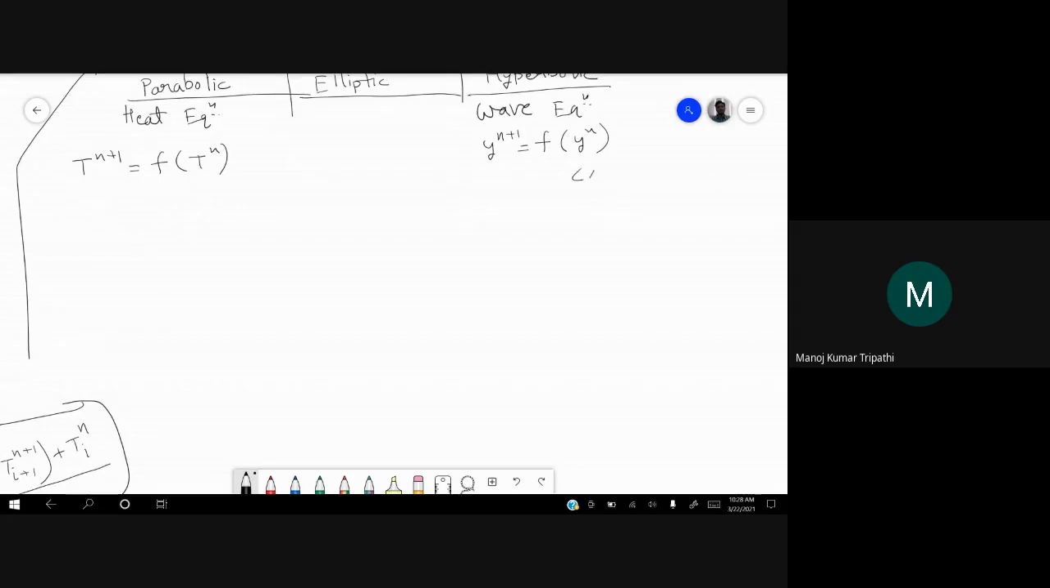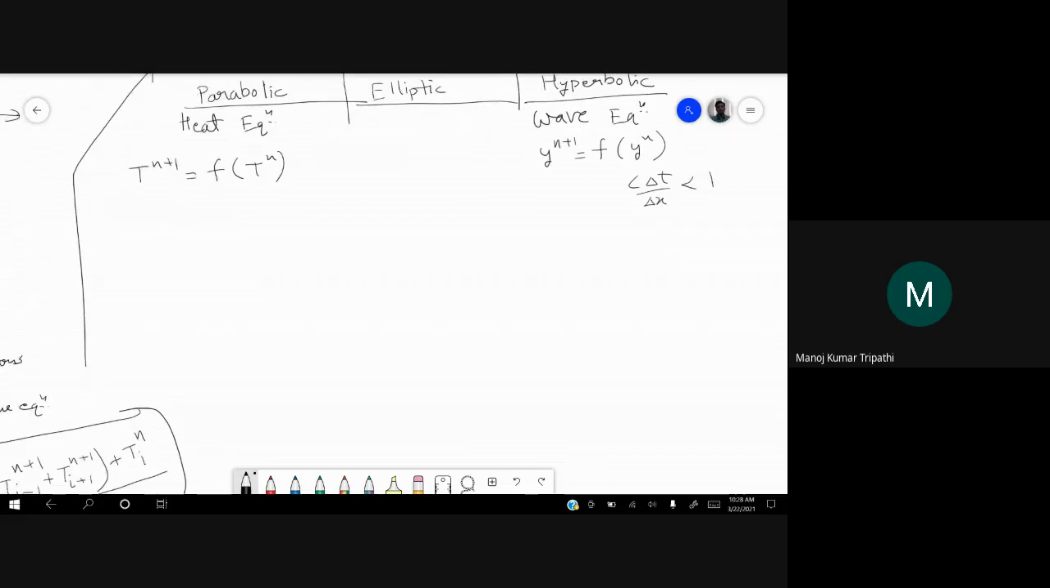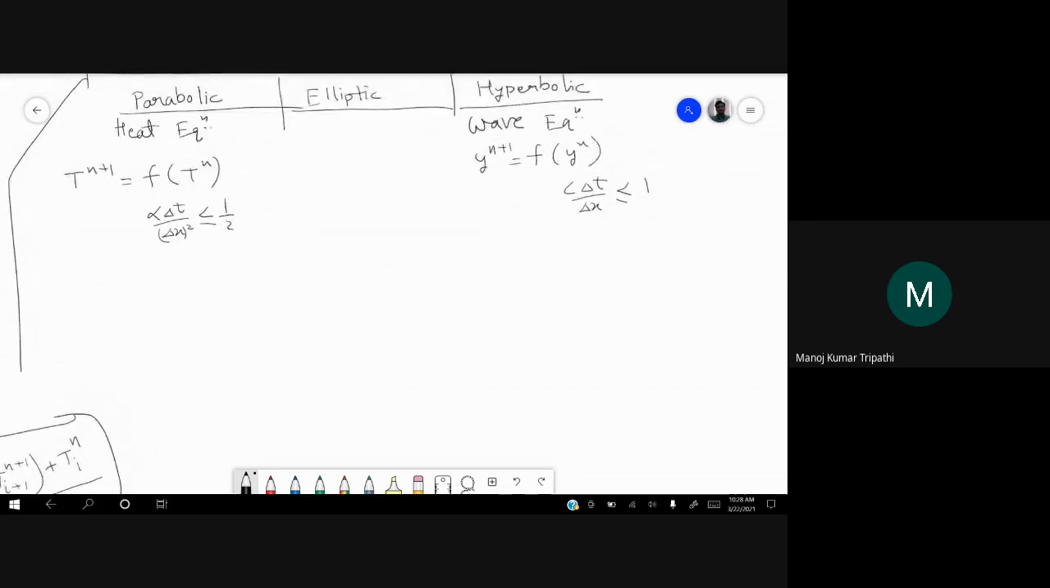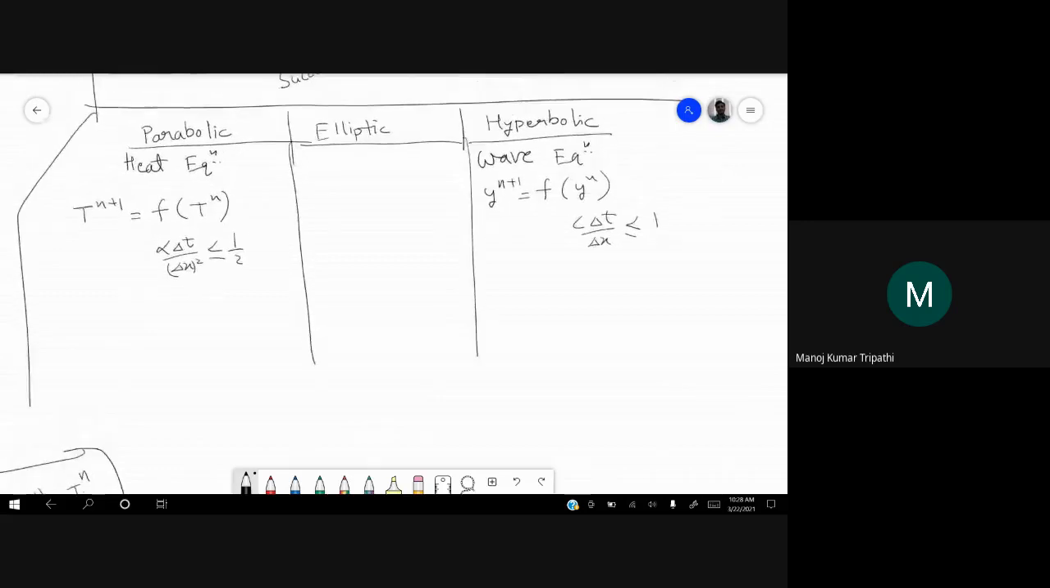Here we had c delta t by delta x less than 1 for convergence, for stability. And for heat equation, we had alpha delta t by delta x square less than equal to half. Here also less than equal to 1 for stability. If we are writing explicit scheme, what about elliptic equation? Elliptic equations